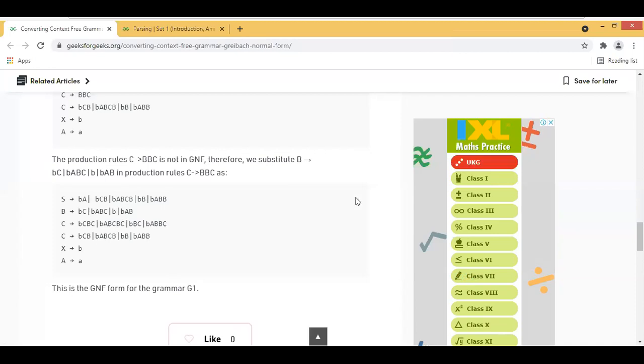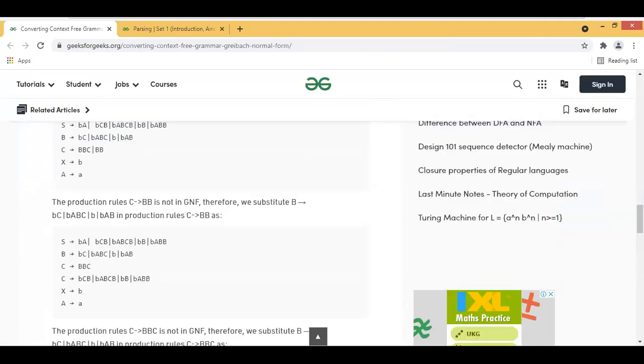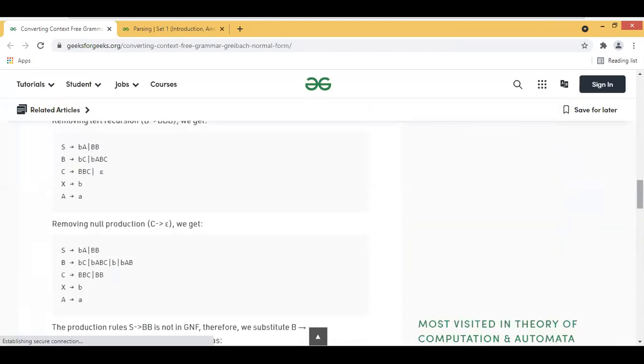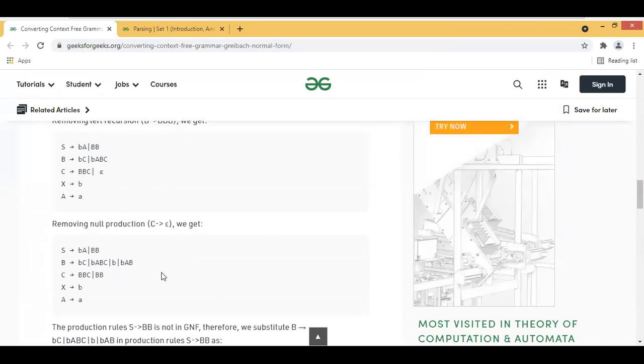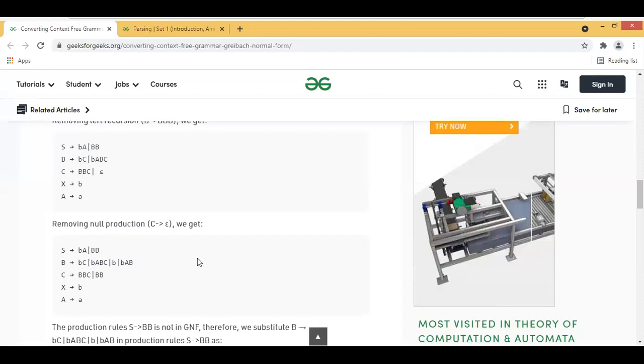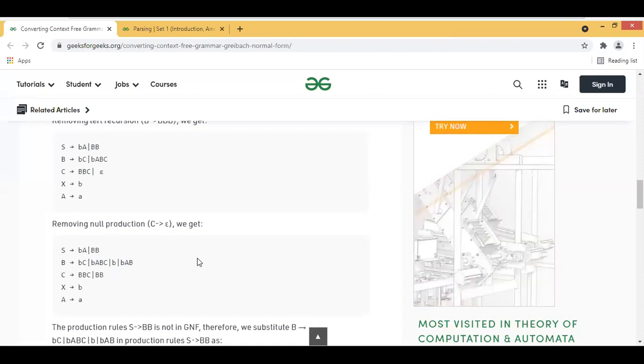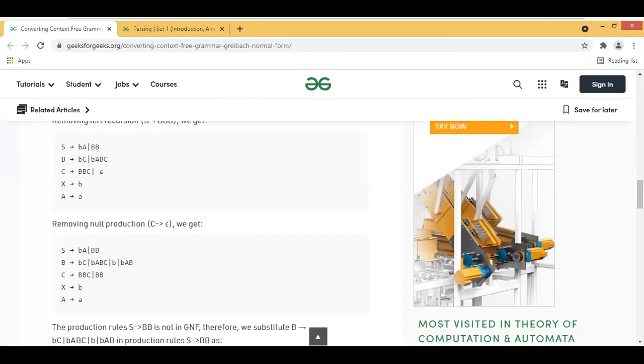But the first thing is step number 2. Removing the left recursion is most important if it contains. That means, see here, at the starting itself, my grammar does not have the left recursion. When I'm making the substitutions, then my grammar gets into left recursion. So after recognizing that this production is having the left recursion, you need to eliminate it just by applying the syntax of the left recursion, and then you need to convert it into the GNF, right? This is the most important problem of converting the given grammar into the GNF.